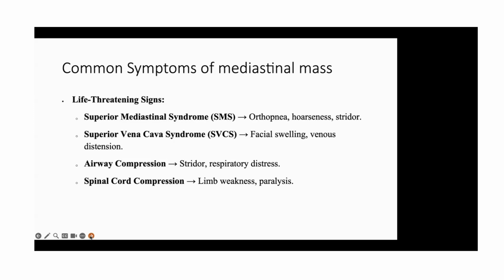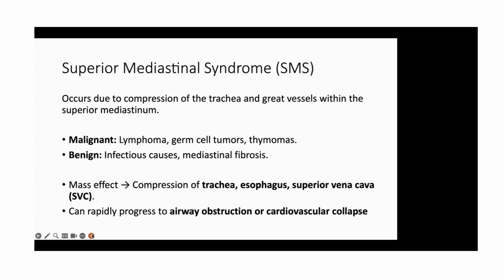It's important to say that in all these life-threatening scenarios, it's very important to act as fast as possible. Superior mediastinal syndrome occurs due to compression of the trachea and great vessels, and usually